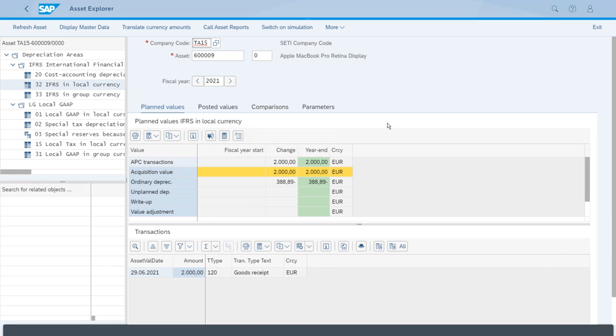Of course, the other section was just the tax. So the value for our acquisition for this asset is 2000. Of course, we have the ordinary depreciation, and really interesting here at the bottom we have the transactions, and as you can see, we have on the correct date, we have the value here for the